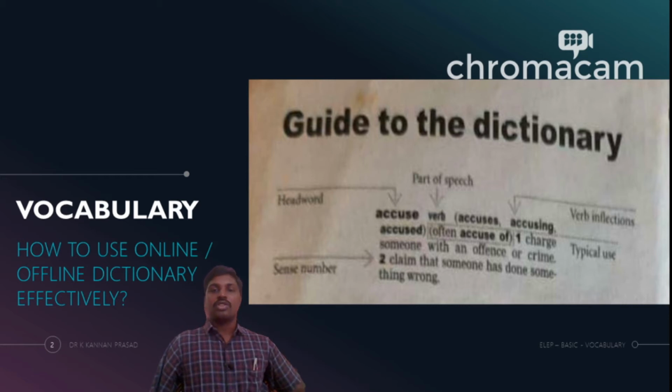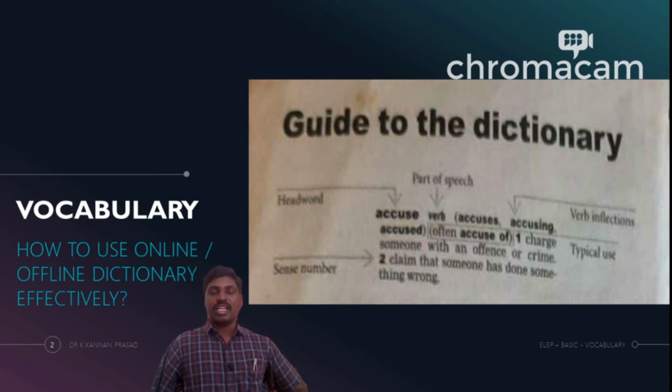So following that, we have the numbers 1 and 2. This depends upon each word, right? So 1, 2 is nothing but the different senses, or the different meanings, in which the same word could be used. It is numbered in such a manner that always the first meaning is the most popular meaning in which the word is used.